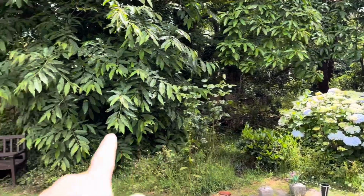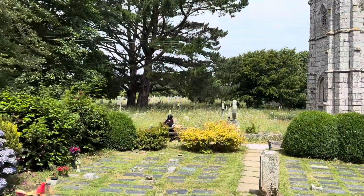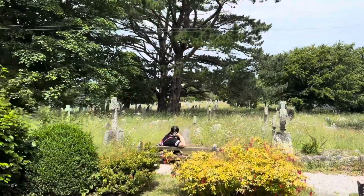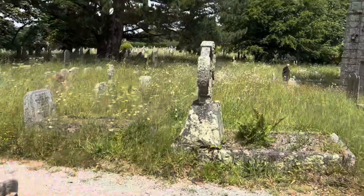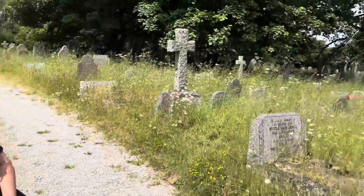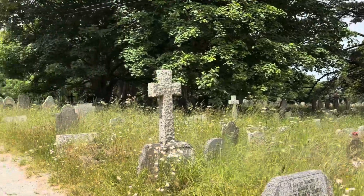No luck in that section, but this graveyard is huge. So I'm really not confident that we're going to find him, if I'm being honest. Like I said, the church is open, you never know, could be someone to ask. But I mean, the likelihood